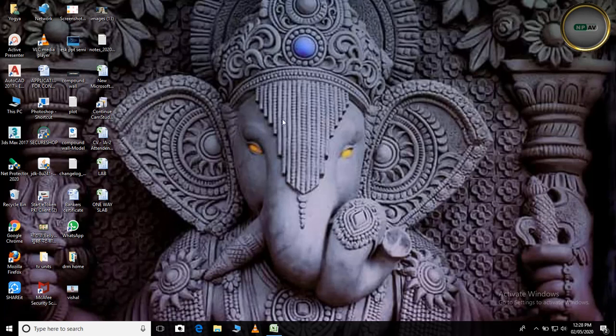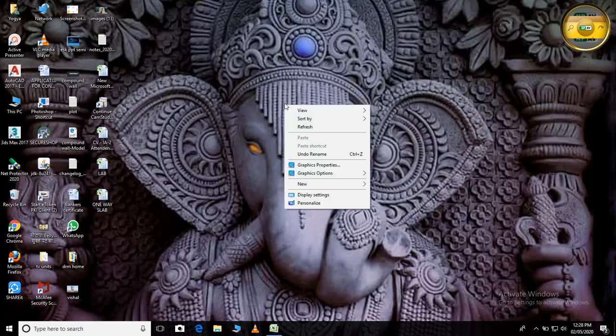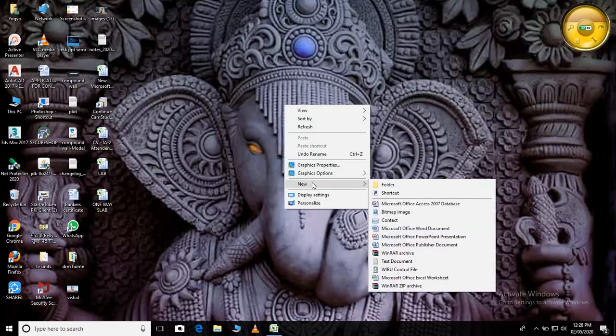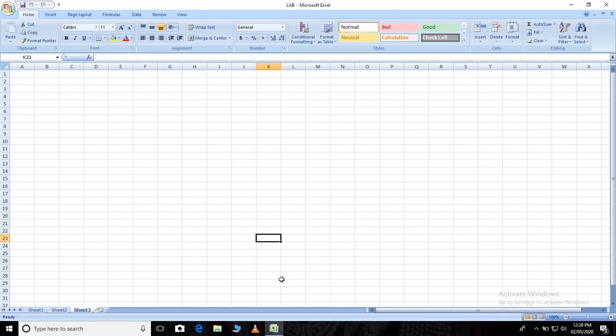Suppose this is your desktop, so you just right click on the desktop, and you will get a new option. Below, if you check here, there are different options. Here you have to click on Microsoft Office Excel worksheet. If you click on this, you will get this window of Microsoft Excel.